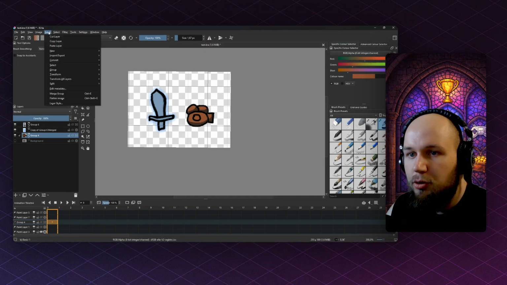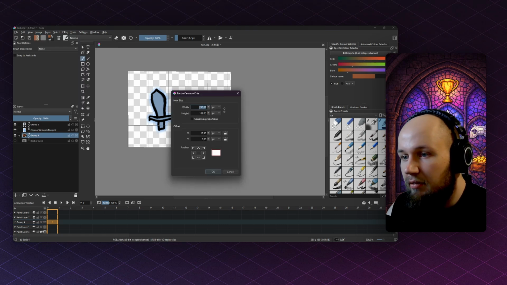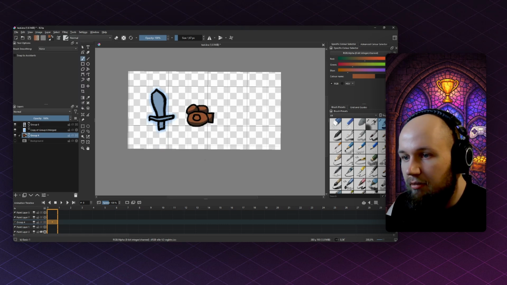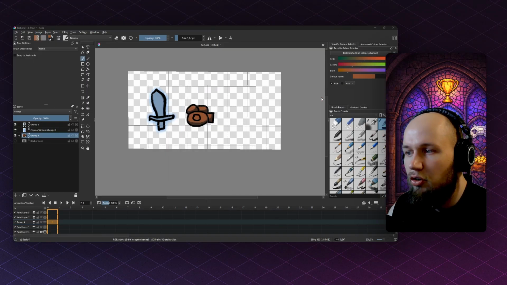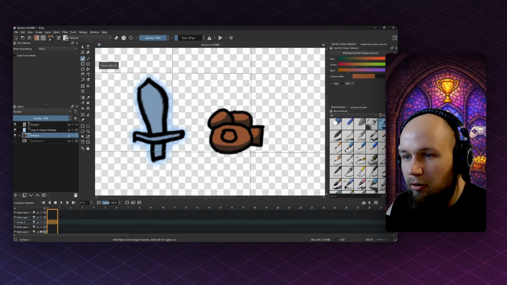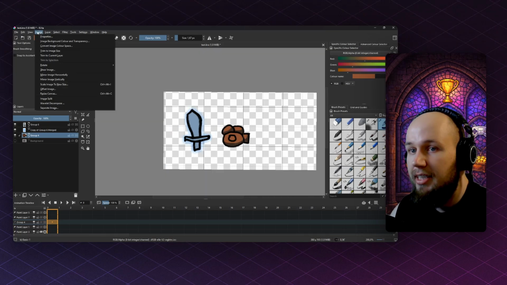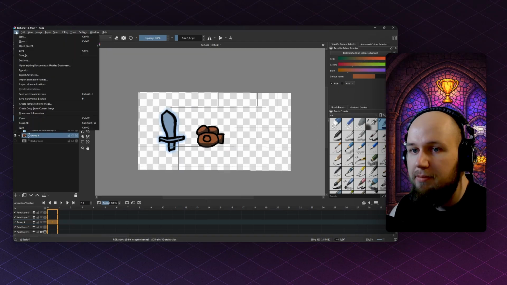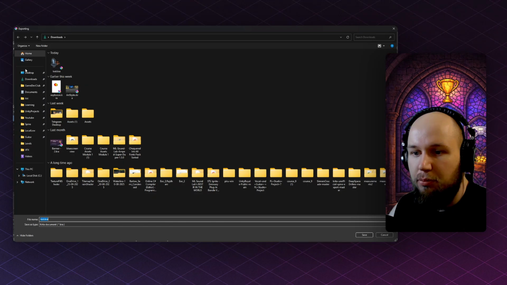There are also good options in the layer settings or image settings for scaling the whole image or resizing canvas. The canvas resize basically makes your canvas bigger, and the scale image to new size does the same thing, but it also scales up all of your layers in your scene. And to export your sprite, you can just go to File, Export, select your export location,